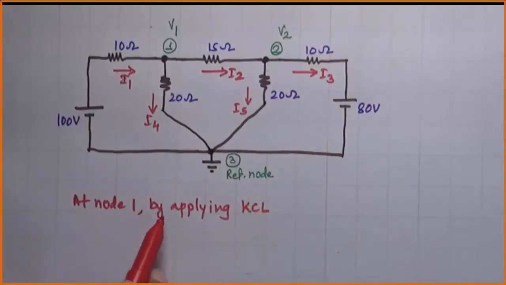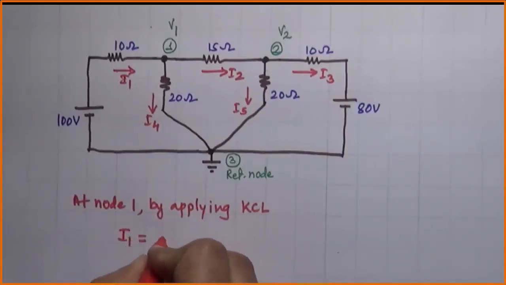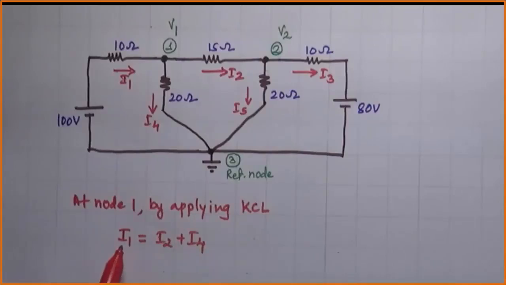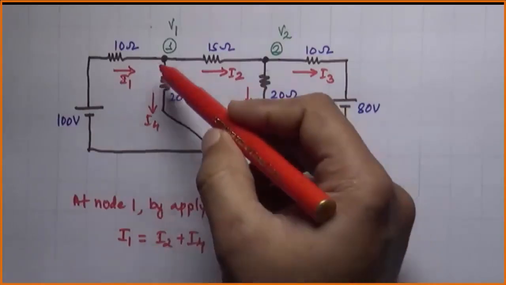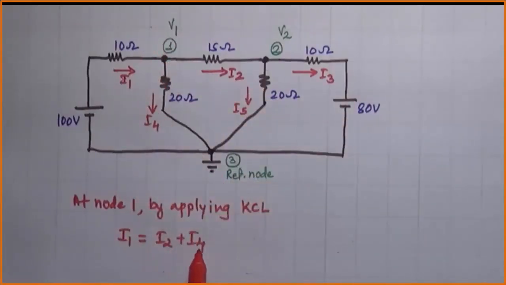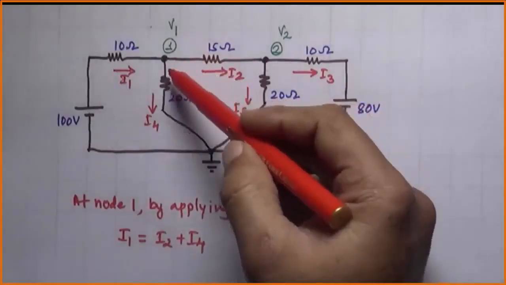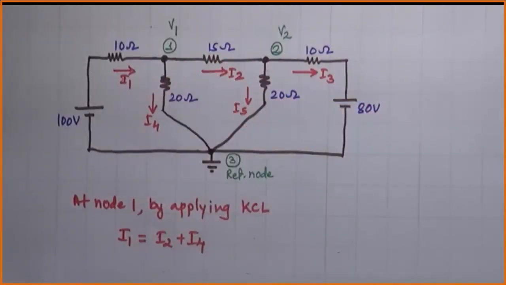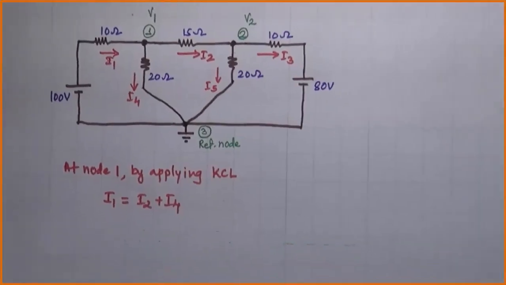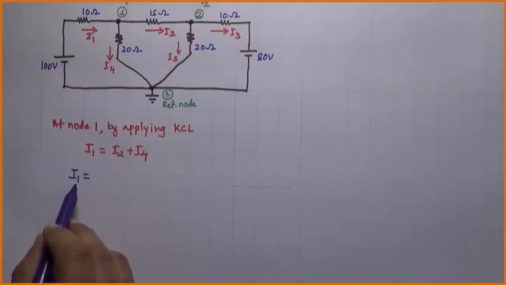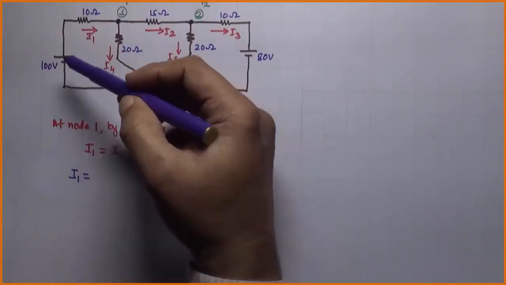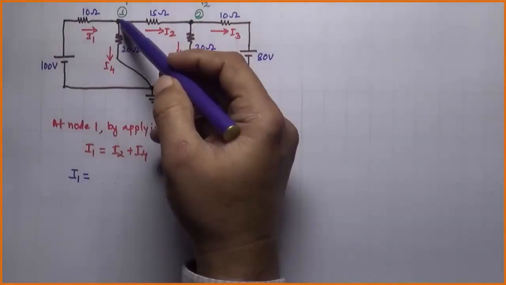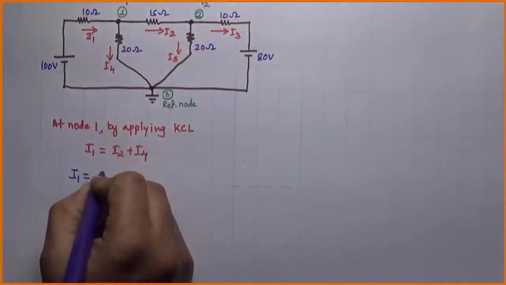at node 1, by applying KCL, we will get equation as I1 equal to I2 plus I4, where I1 is incoming current towards node 1 and I2 and I4 are outgoing currents from node. By Ohm's law, we can write down the currents in terms of voltages and resistances as I1 will be written as, if you observe the circuit, I1 is flowing from 100 volt battery to node 1. Hence, I1 can be written as